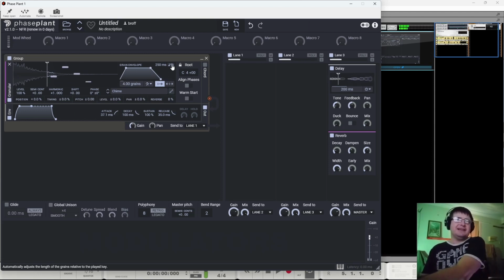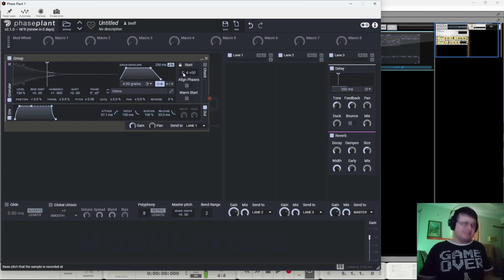See how that's getting longer? Simply because the sample is playing faster. So this says, okay, we'll get the size of our grain oscillator, like it's the size in which it operates, to stay consistent across the keyboard. Most of the time you're going to want that on, sometimes you're not. So you can turn that off and you'll get a different scan of the sample as you move up and down the keyboard. You can set the root note, C4 being, well, C3 in any sane person's language,